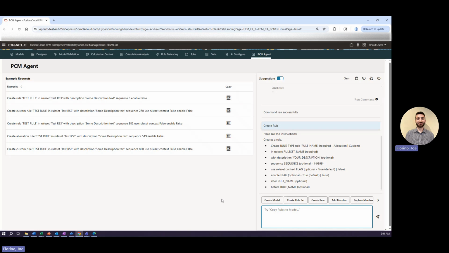So to do that, we would say create rules in model AI test model in rule set test rule set 1. And we can now begin to list out the rules we want to create. So we will say test rule 1, test rule 2, test rule 3,